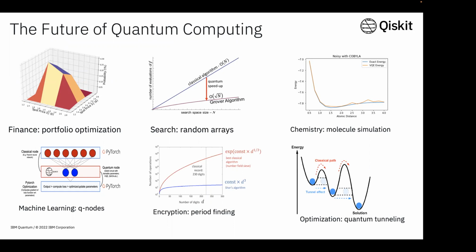So one is finance optimization. There are a lot of banks right now doing portfolio optimization, fraud detection, and all sorts of things using quantum computers. One of the banks that is recently publishing a lot of papers is JP Morgan. If you are interested in looking at some papers, you can check arXiv for JP Morgan. They have a lot of portfolio optimization done using quantum computers. So in finance, we are able to do a lot of portfolio optimization and detect whether customers will be committing fraud or not.